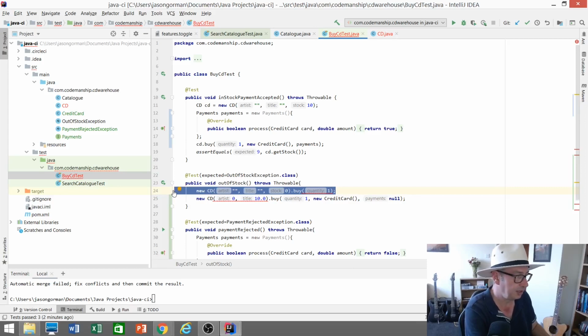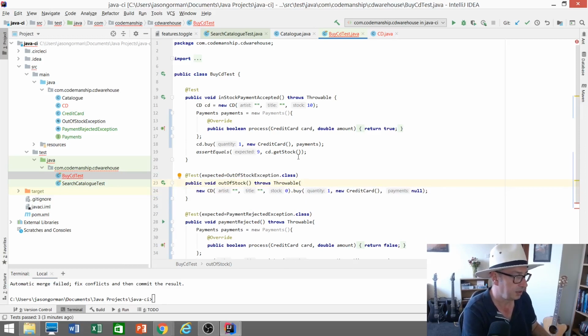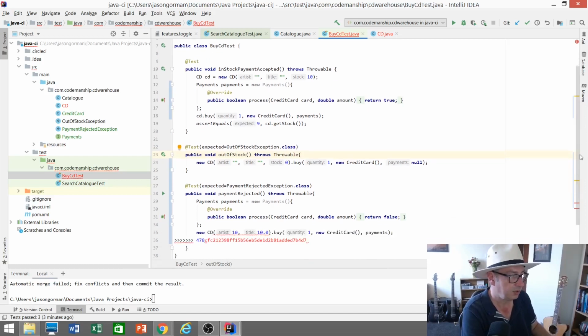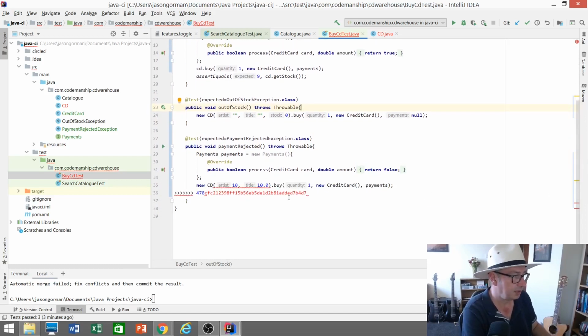Plus we've changed, there's a couple of things that have gone on here. So we need to merge these two lines with the updated constructor, but also we've changed the signature of the buy method. And are there more? There's probably more down here. Similar kind of deal here. We've changed the signature of the constructor here, so we need to